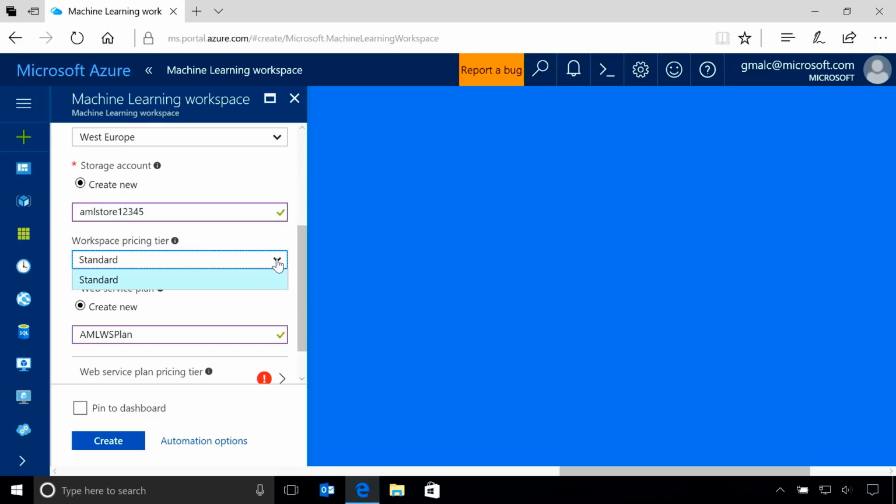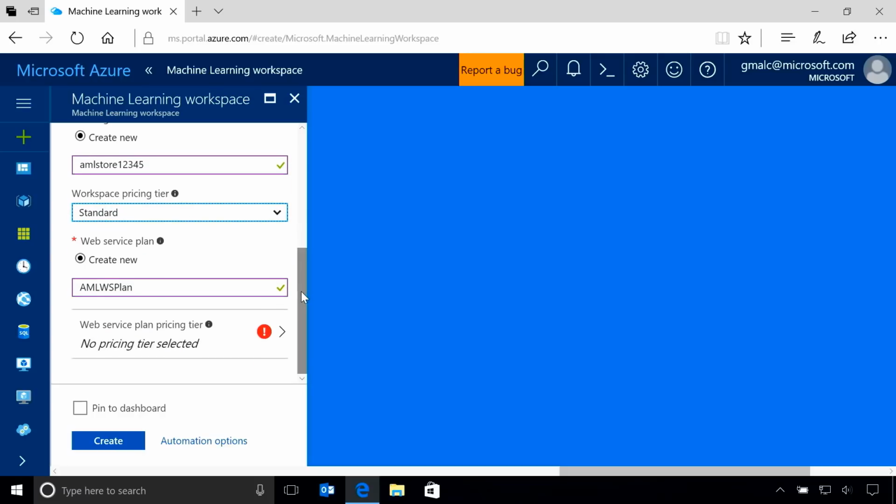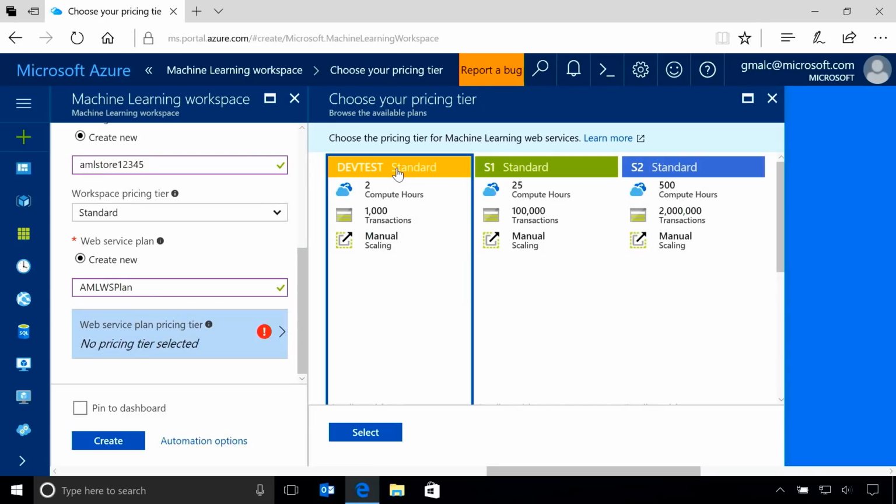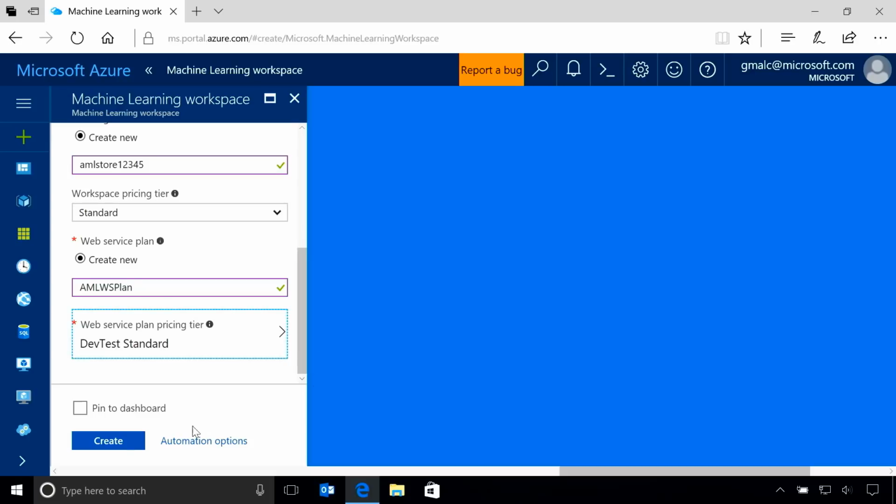Okay, I've got the choice of a workspace pricing tier. I don't really get a choice actually, I'm just going to go with the standard pricing tier here. What's going to happen is I'll be charged for web services that I use. When I publish my machine learning models as web services, I'll be charged per use. So I'm only really charged when I actually use the predictive models that I create, and what I get charged is based on my pricing plan. So I'm going to choose the dev test pricing plan, which gives me a total of 2 compute hours, 1,000 transactions for 0 cost. For me, just learning about this, that's a perfect choice. So we'll take that, and then we're ready to go. We'll just click Create,